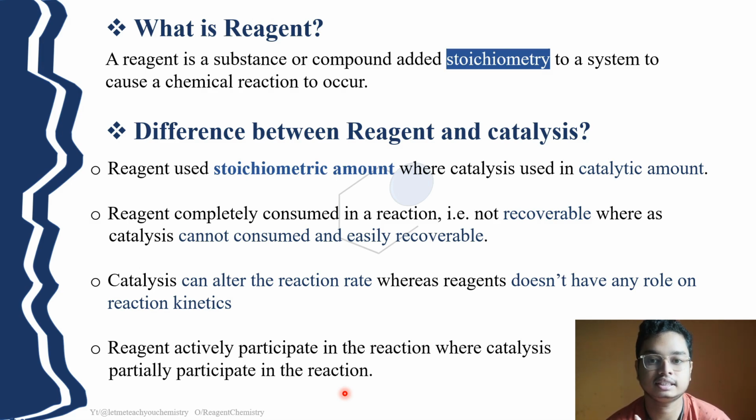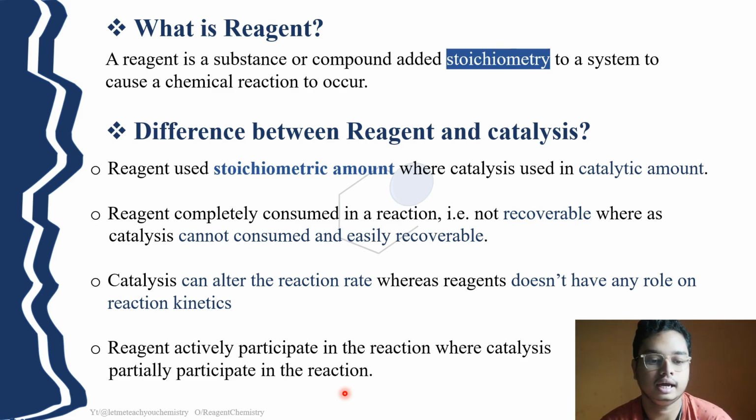It can stabilize the transition state, and by stabilizing the transition state, the activation energy of moving the reaction towards the product side goes down, and due to this phenomenon, the reaction kinetics were